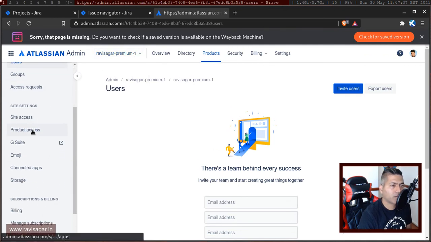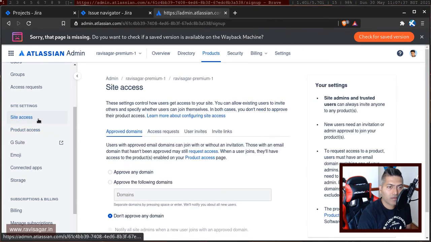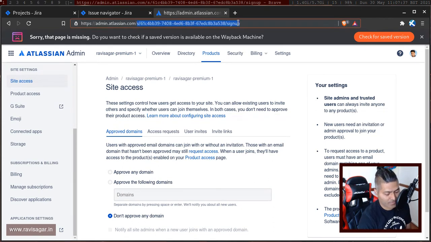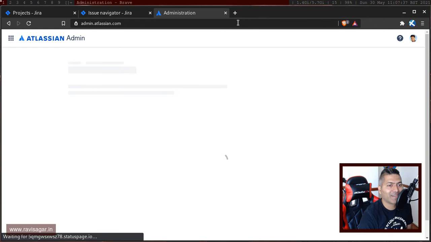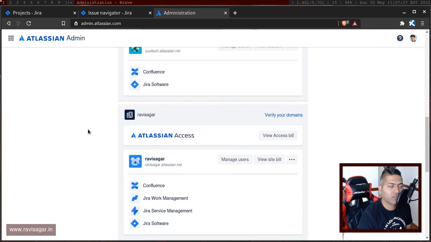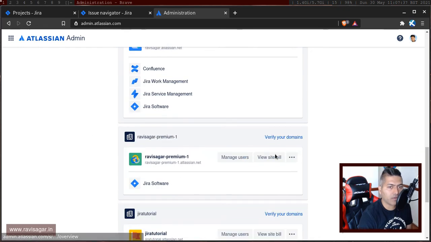I think I need to go to the product access, maybe. No, site access. Or maybe I'll try from the beginning, admin.atlassian.com. Let us see if we can create a sandbox from here. So I'll find my Jira instance, which is the, where is it? This one, right?